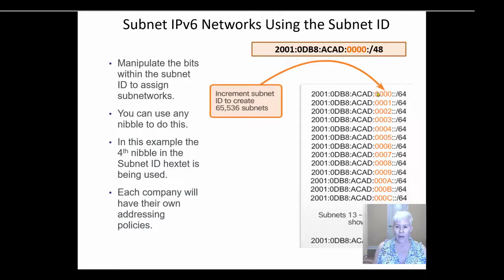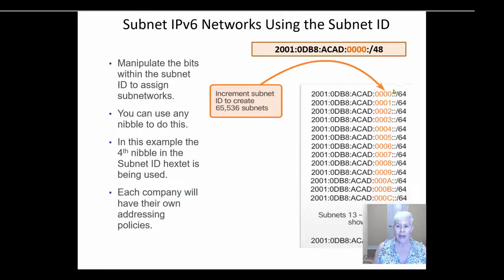So if I'm looking at the fourth hextet, this right here would be my fourth nibble. Now in this network, it looks like I have a lot of different subnets. So maybe I am a large company with lots of different departments. Each department needs to have its own network address. The first subnet is going to be